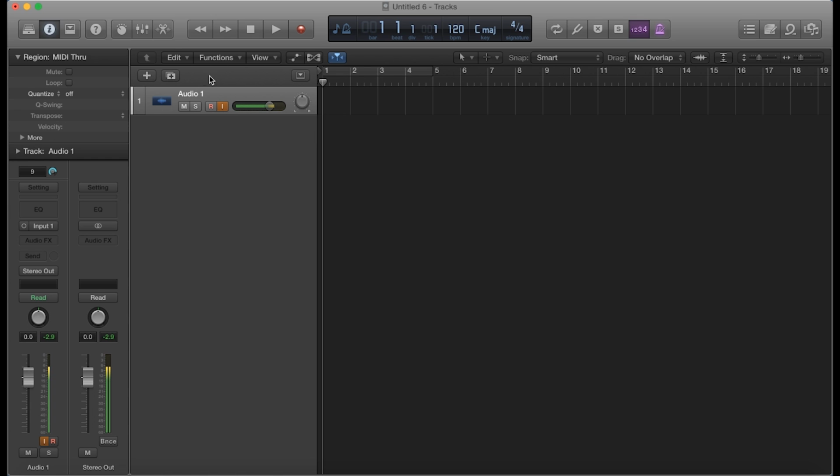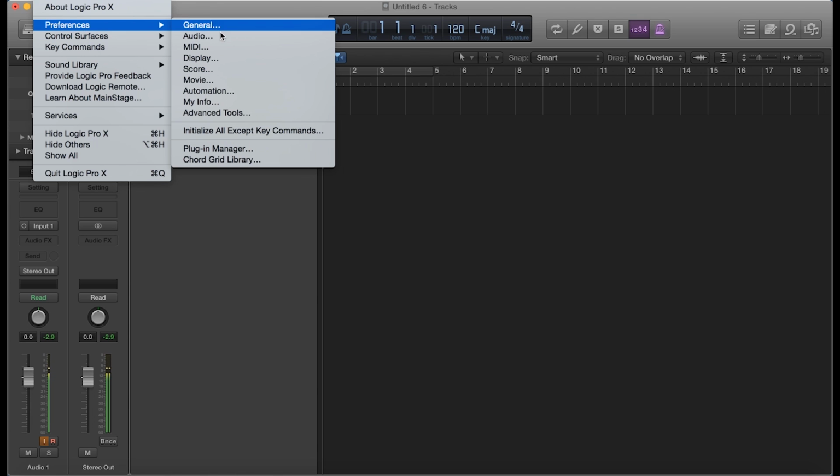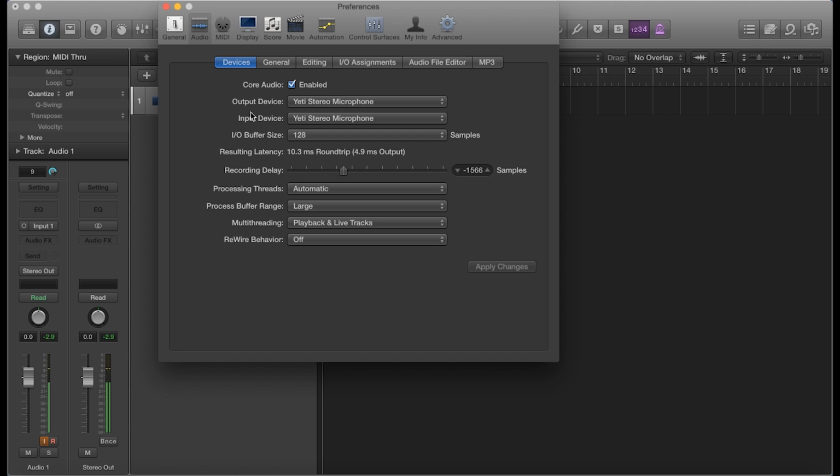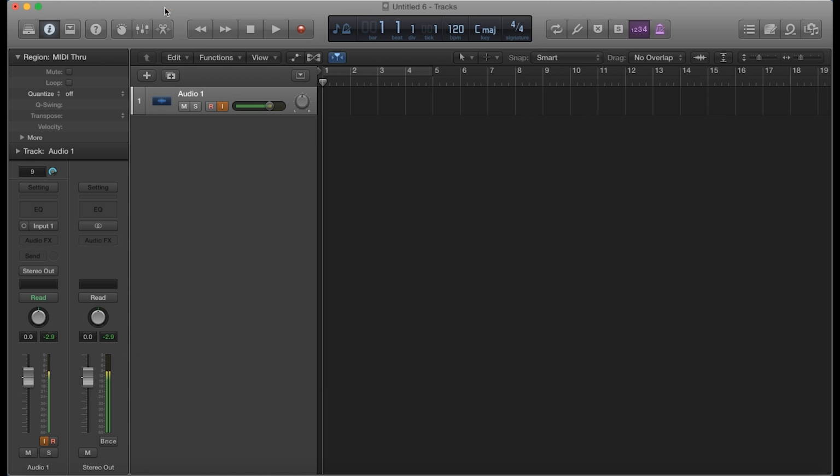So I'm going to go ahead and check to see what my audio preferences are set to. As you can see here, my input device is the Yeti stereo microphone, okay? So that's why you can see that my vocals are coming through on this, and you see the bar raising like that, right? So I'm going to go ahead and record my voice and say